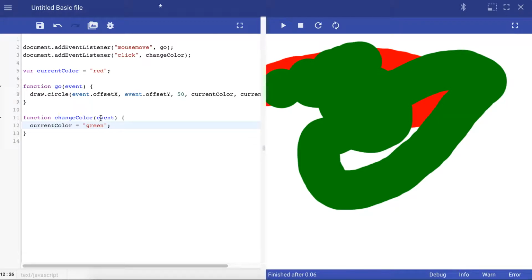What if I could get it to rotate through a whole bunch of different colors? This is where we need to introduce the if statement, because I want to check to see what color I'm currently using, and on that basis I can tell it to use something else. So let's first start off with having it alternate between red and green every time I click. So in my change color, I can say,